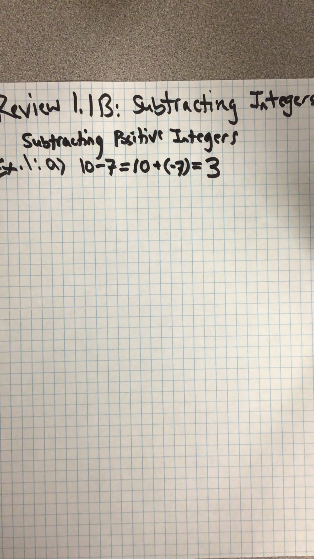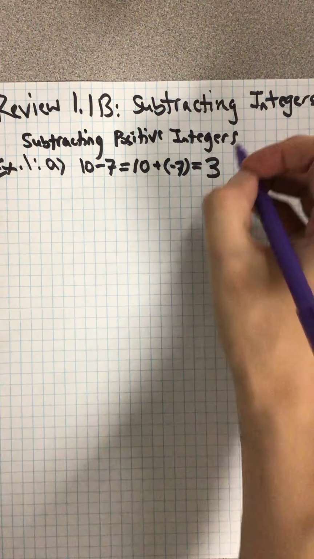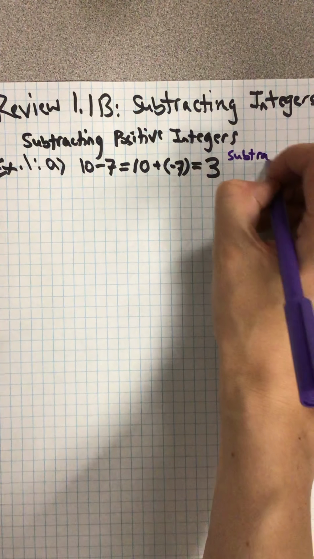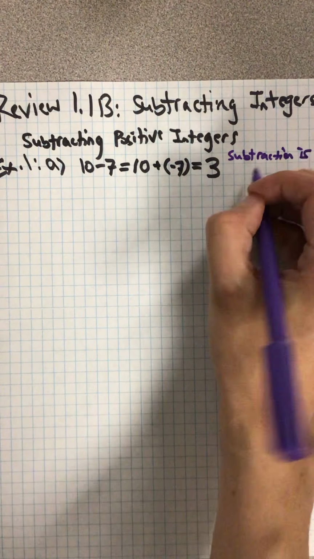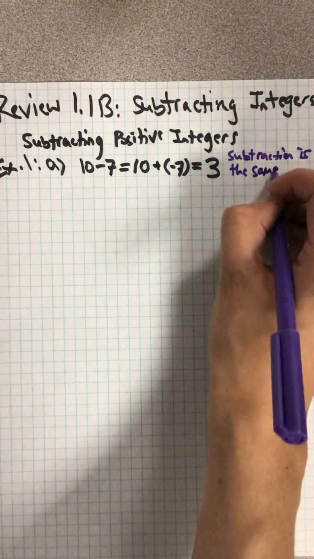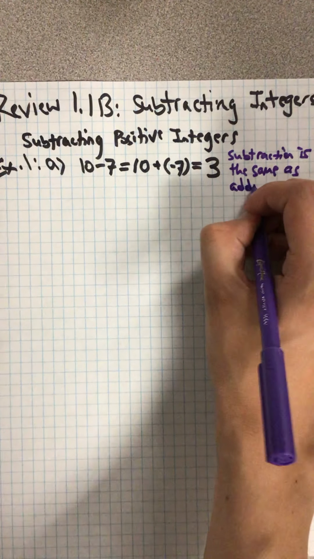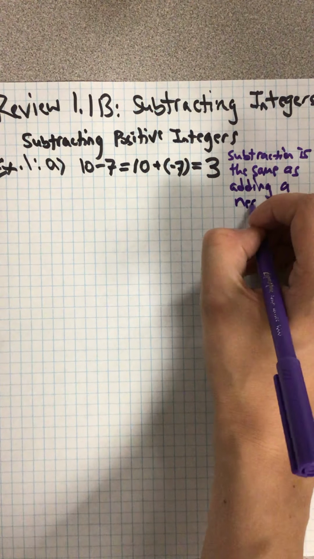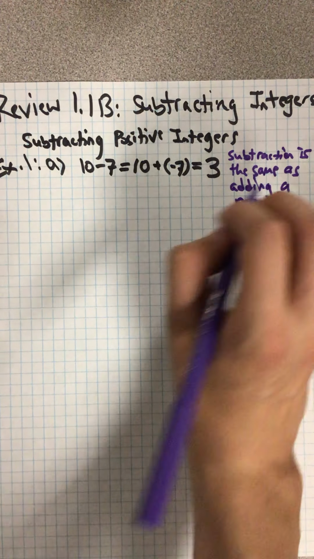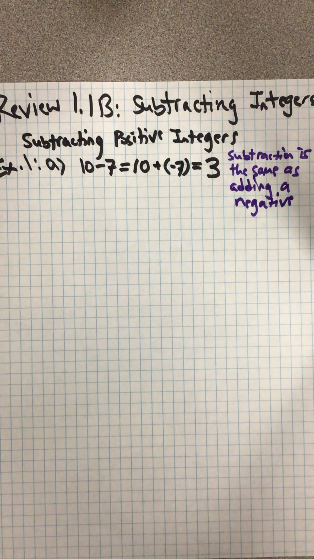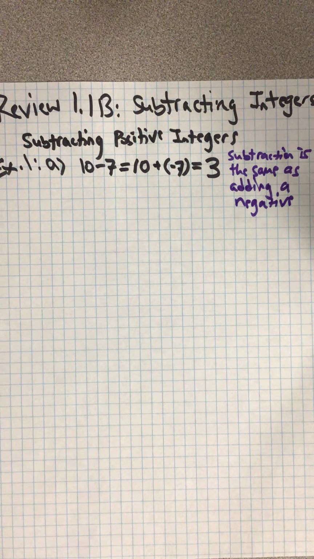Subtraction is, in some respects, almost like a fraudulent operation. It's really addition with a negative integer disguised as an operation unto itself. And this allows us to come to one of our conclusions, much like we had yesterday, is that subtraction is the same as adding a negative. And we have a number of examples about subtracting